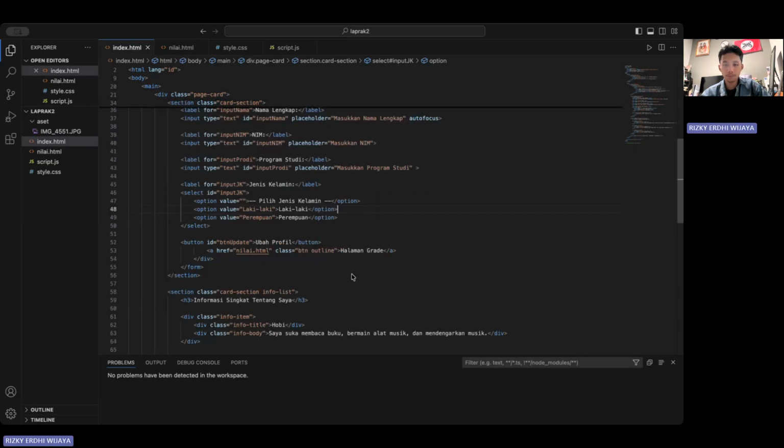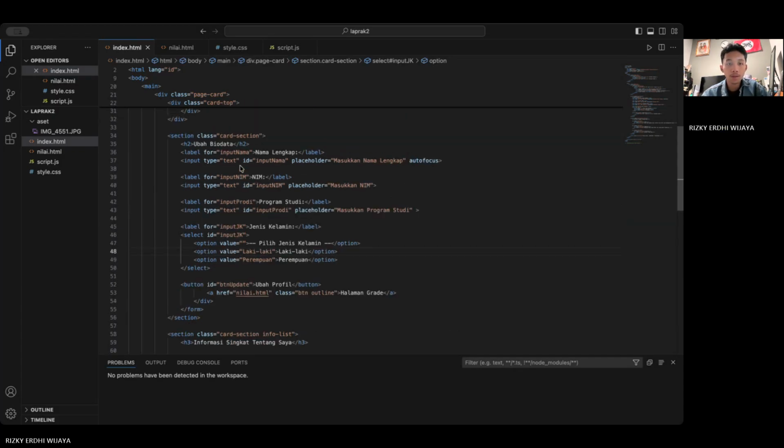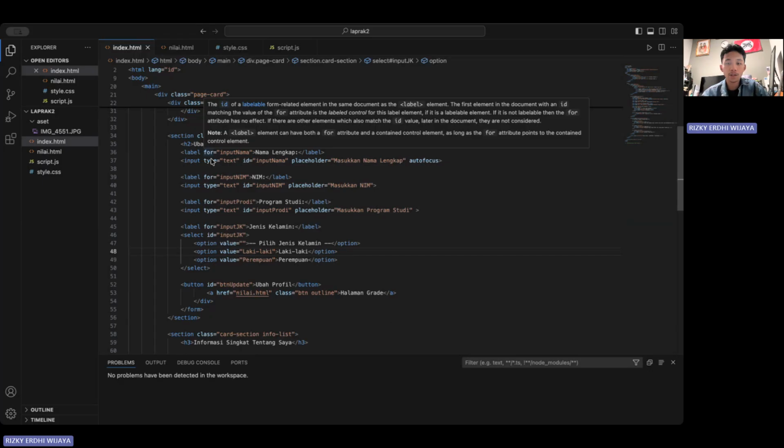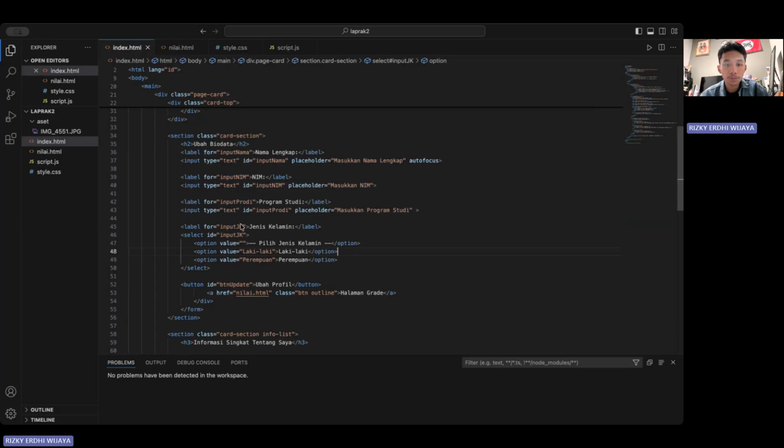The next part of the HTML contains form elements such as a label, an input field, and selection menus. These fields receive user data, including text input and specific options chosen from drop-down menus.